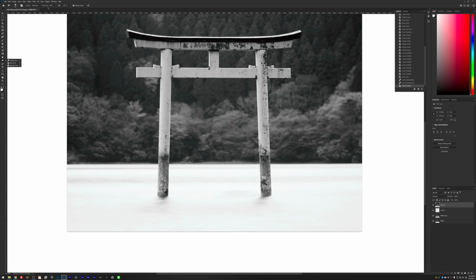with an exposure of about 20%, and I'm going to brush in like so. To get rid of all the shadows here.